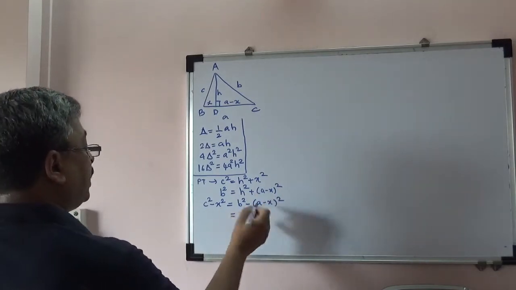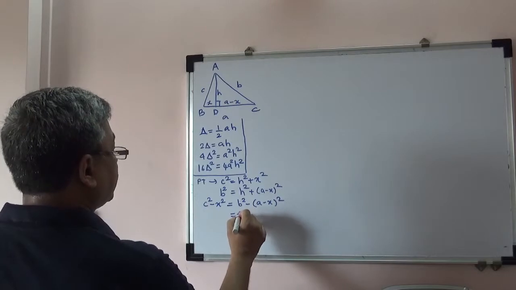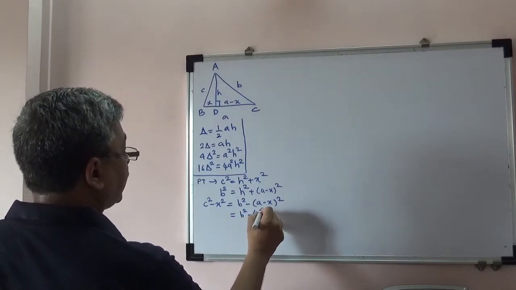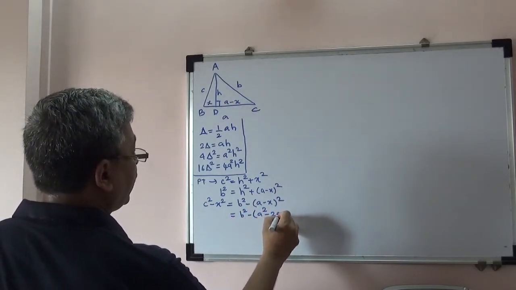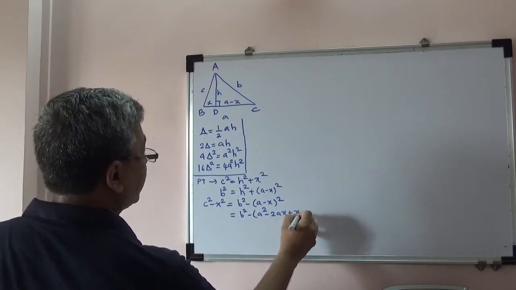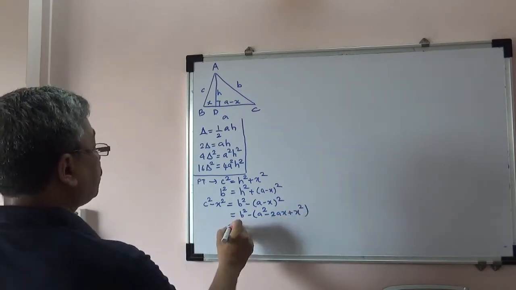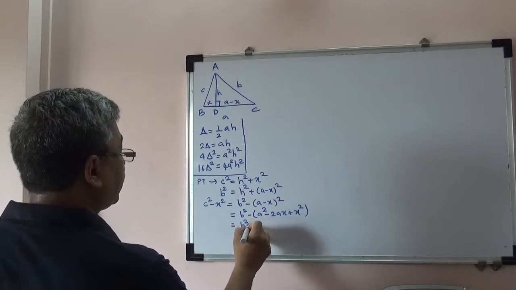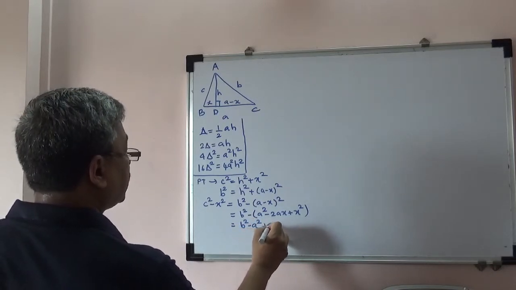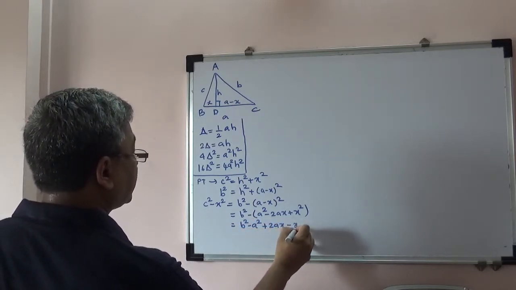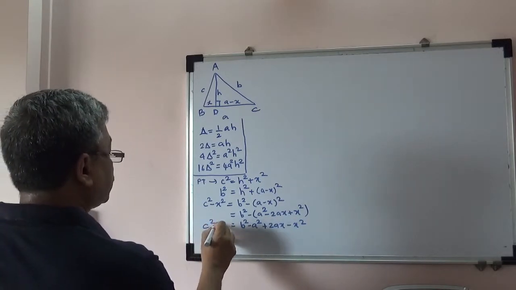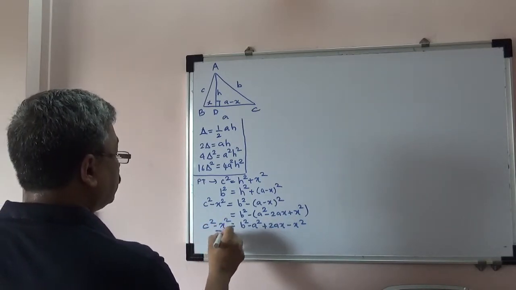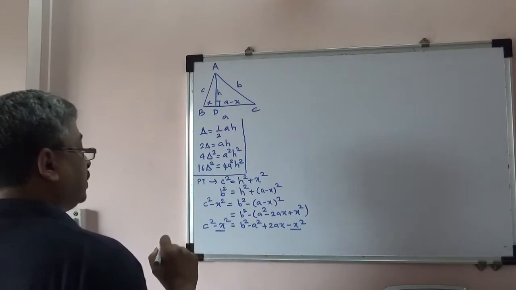And now if we expand this, what we will get is b square minus a square minus 2ax plus x square, and if we resolve this minus sign, we will get b square minus a square plus 2ax minus x square is equal to c square minus x square. Now my x square is gone,